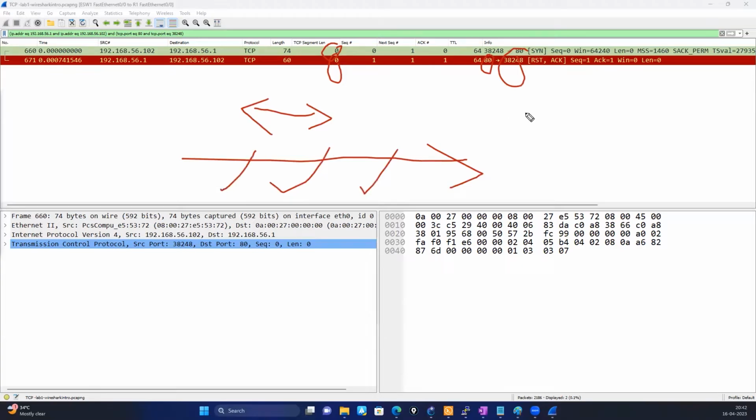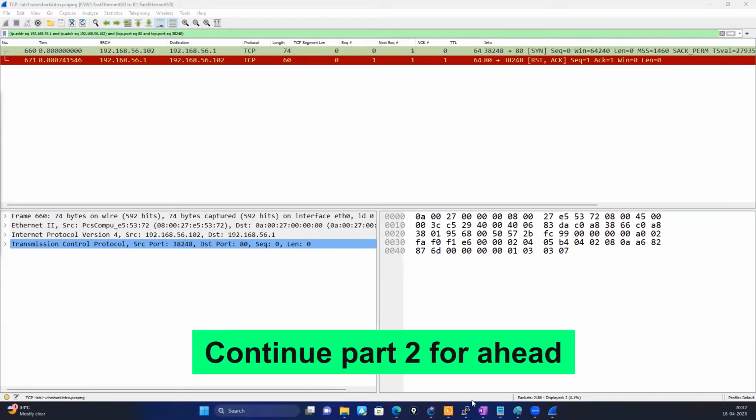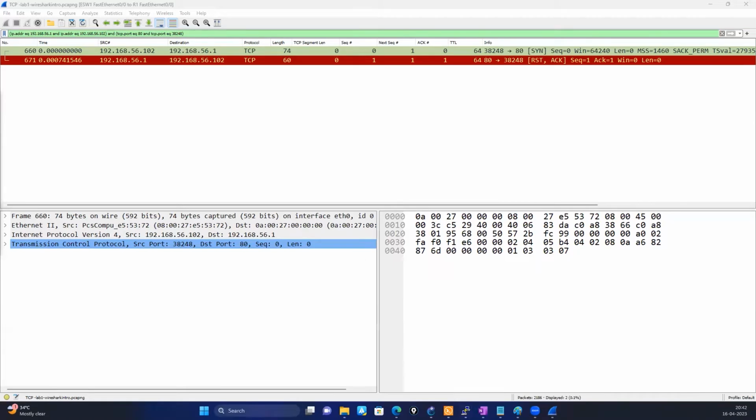The first thumb rule is you have to establish a successful connection. Only then does your actual data transfer happen from this point. So this is about TCP reset. We'll do a lab for